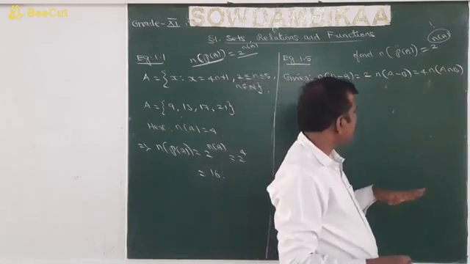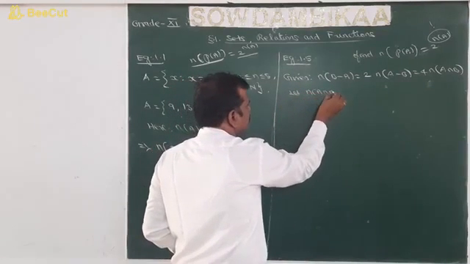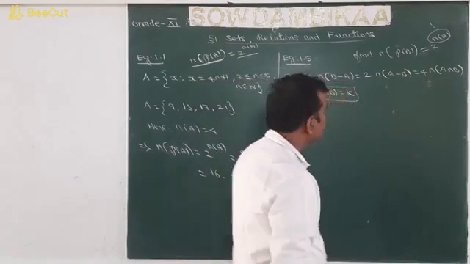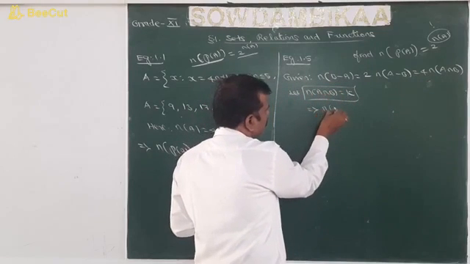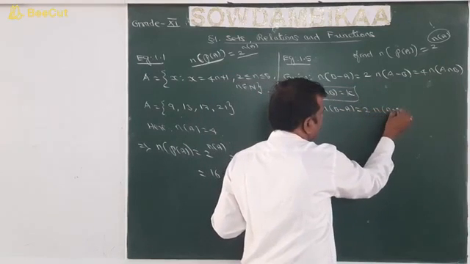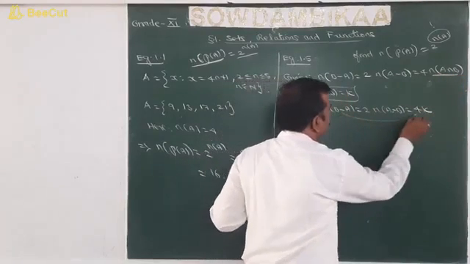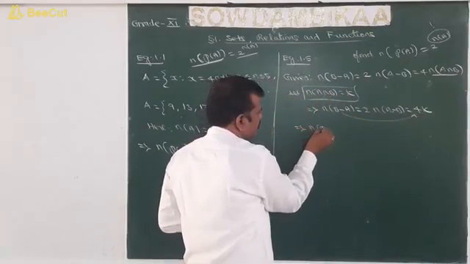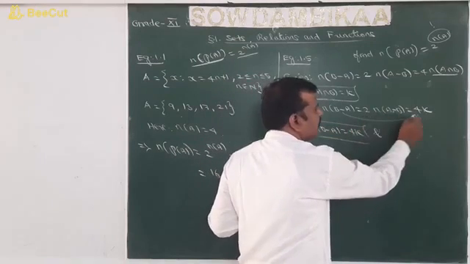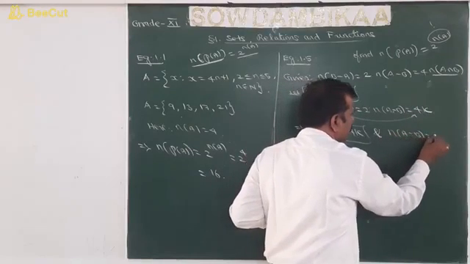So this is the given statement. Let n of A intersection B be equal to k. Let me take this as k. So what will it become? It implies n of B difference A is equal to 2 into n of A difference B, which is equal to 4 into k, that is 4k. By equating this one, we get n of B difference A is equal to 4k. And by equating this one, we can cancel 2, 2 2s are 4, 2 times it will come. Therefore, n of A difference B is equal to